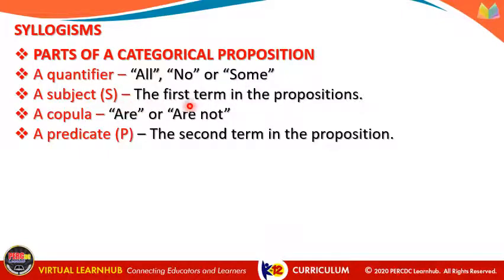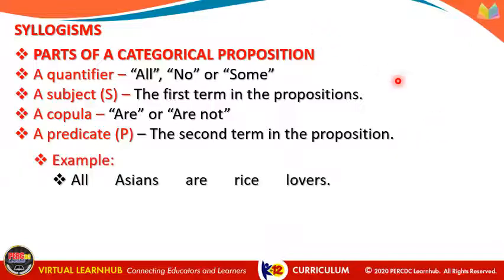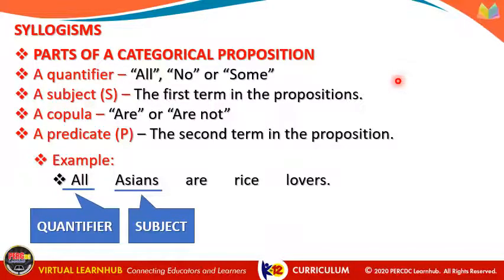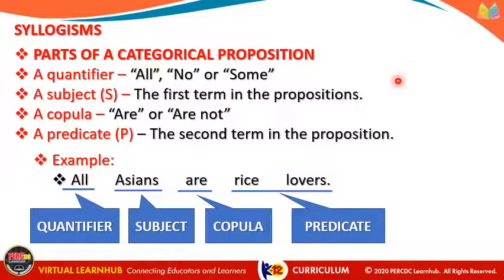The subject is the first term in our propositions. The copula are the words are or are not. Lastly, the predicate is the second term in the proposition. As an example, let's have this one. All Asians are rice lovers. In this proposition, all is our quantifier, Asians is the subject, are is the copula, and rice lovers is the